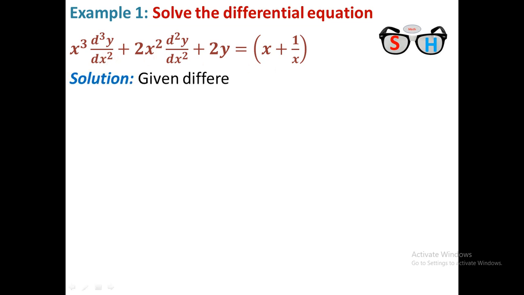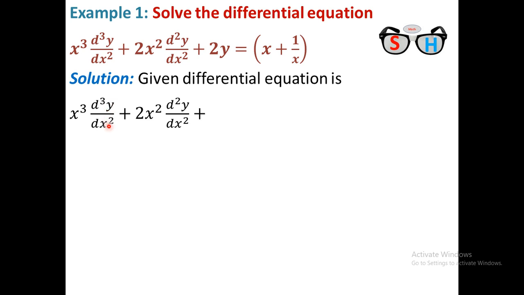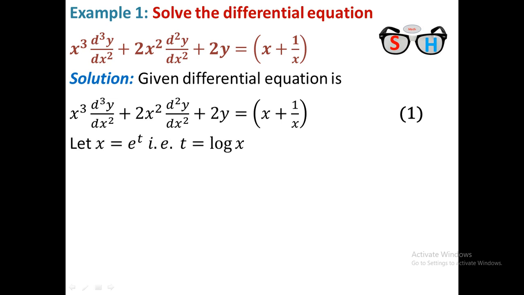solution. The given differential equation is that; there is a same problem. This is a typing mistake, this will be 3 not 2. Okay, similar to the same problem, here we introduce x equal to e to the power t, therefore t equal to log x, and therefore dt/dx equal to 1/x. Now dy/dx equal to dy/dt times dt/dx by chain rule, same as previous.